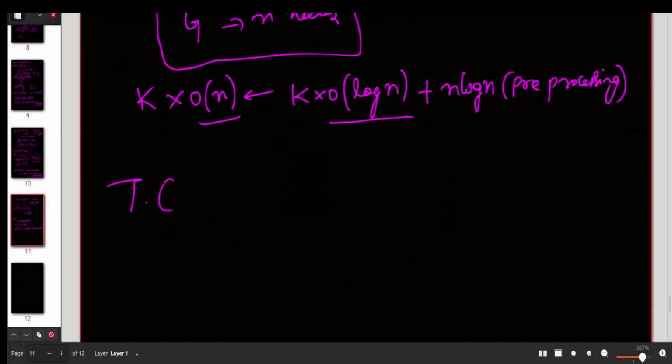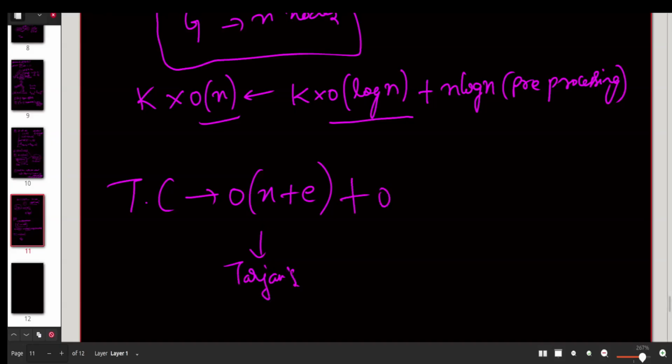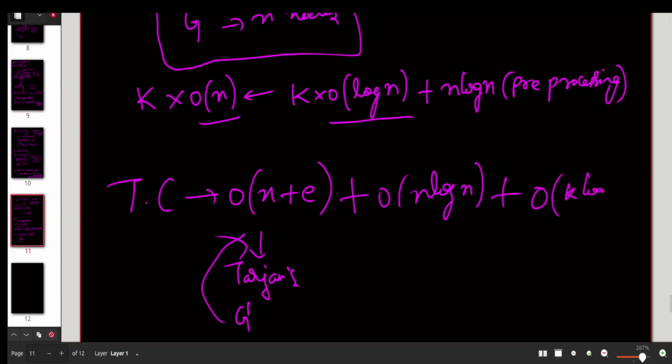So the time complexity would be n plus number of edges of the original graph. This is for Tarjan's algorithm, and then n log n pre-processing. And the formation of the new G dash would also take the same amount of time complexity, so I'm not mentioning it. And k log n to answer each query. How we will get it from O of n to O of log n is actually very interesting, and it's